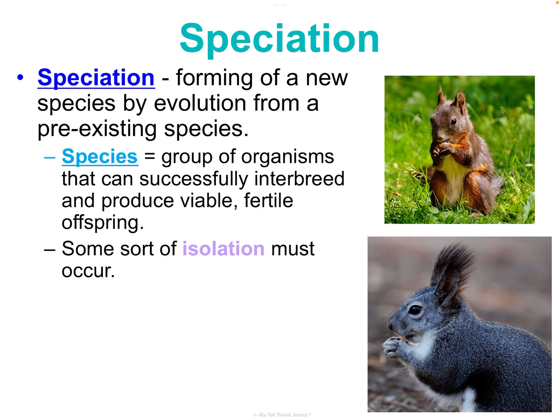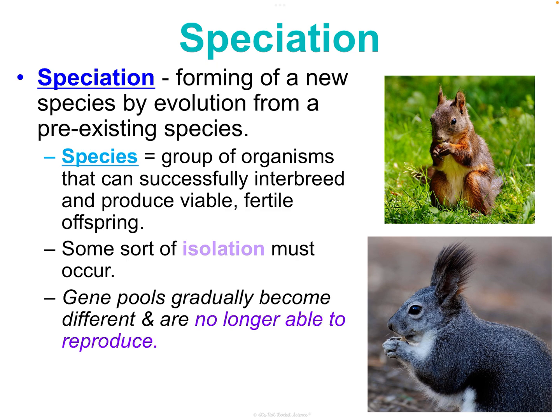So, in order for speciation to happen, something has to isolate the populations from each other, the original population and the new species that's forming. Some form of a barrier or a roadblock that has stopped the two populations from mixing together. And that makes the gene pool gradually become different. And eventually, these two new species are no longer able to reproduce. The old species and the new species are not able to reproduce with each other. And at this point, these two groups have become different species once they're no longer able to reproduce